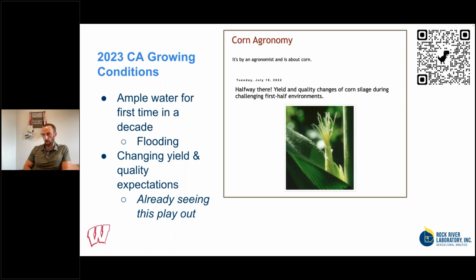We've had ample corn for the first time in a decade, even some flooding in some areas with some of the heavier rains earlier this year. But I'm changing and projecting very different yield and quality expectations this year in California. We're already starting to see some of this play out, as I've seen some pictures, starting to see some feed tests. We're seeing pretty good corn as far as yield,